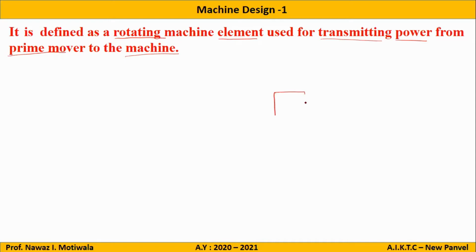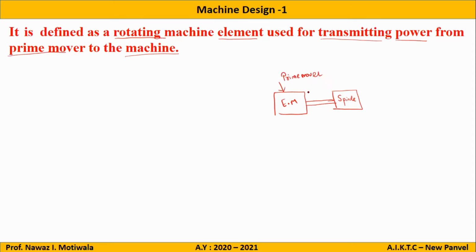Let us say this is an electric motor, and this is the spindle of the lathe. So what happens? Consider the one which connects this electric motor to the spindle. Look, first the motor will rotate, only then will the spindle rotate. So the main element or the main mover is this electric motor. So this will be known as the prime mover.